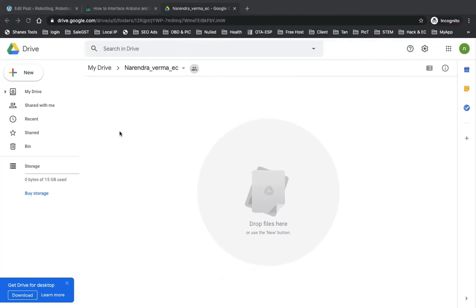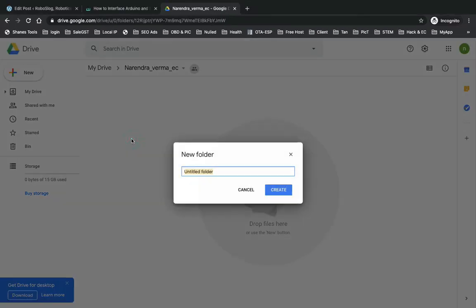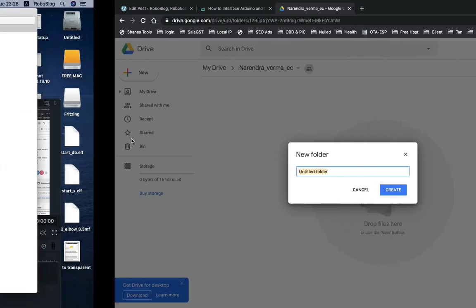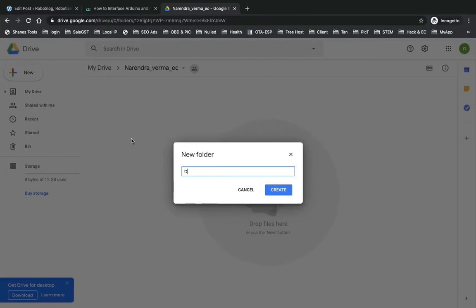With these three things, of course you have to make folders for the project name. So first let's make a folder. The project name should be, or simply you can keep, I guess the better will be Arduino, you can keep here. And if you are using other controllers like AVR, PIC, anything, you can type that here.